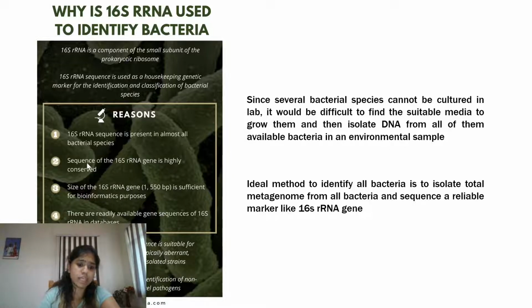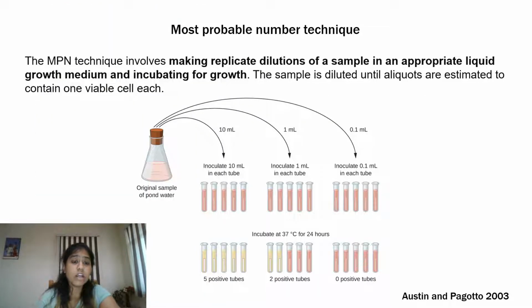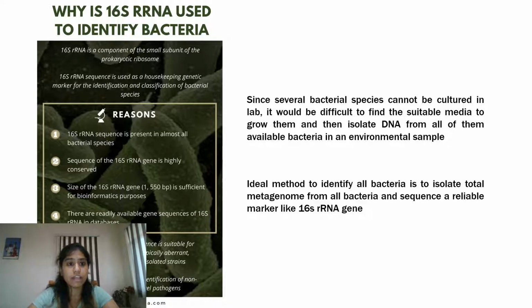And it can also be used for organisms that cannot be cultured, and even novel pathogens that have never been isolated before. So if we get a sequence that does not match with anything in the database, then we can for sure say that this is a novel pathogen that has never been identified before. So this is one of the ways that we use metagenomics to identify the different microbes